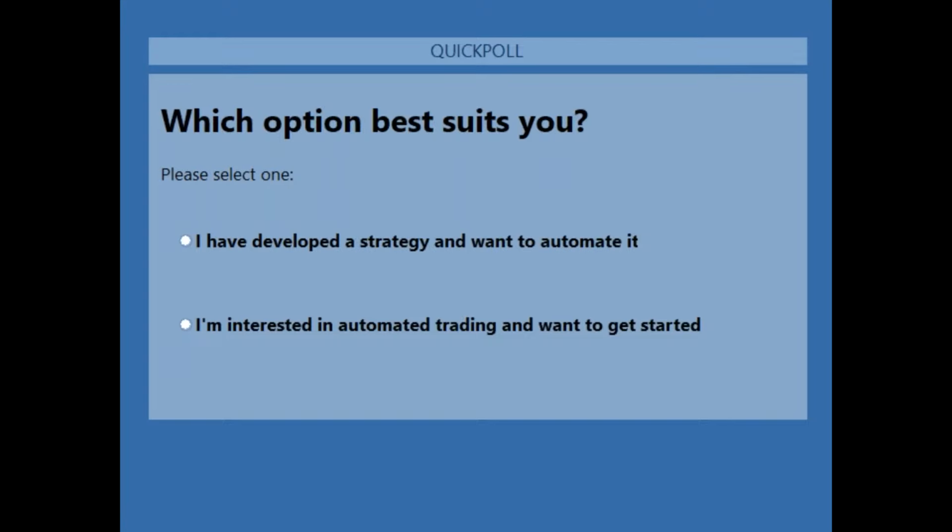So now 70% of the people have no strategy at hand, but they want to learn or get started with automation, and 30% have already developed a strategy, or they have a strategy in mind and they want to automate it. So let's move ahead. Since 70% are already interested in automation, let me launch the last poll just